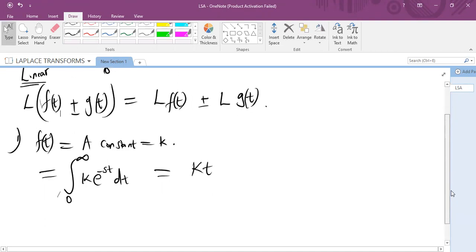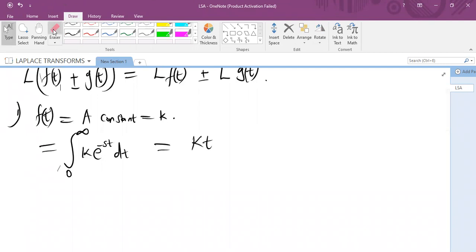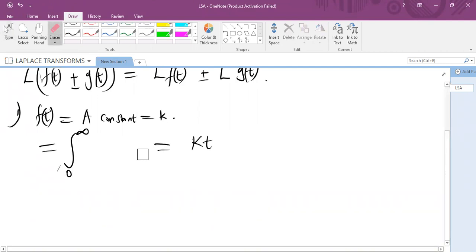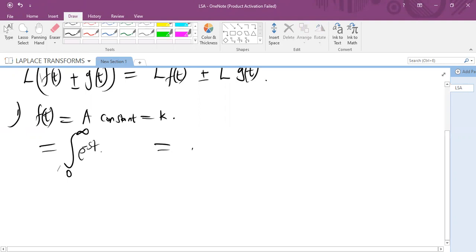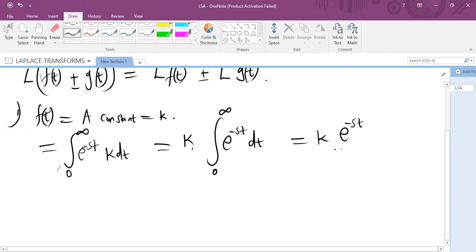So let's start off with a constant. Given a constant k, and you're being told to get the Laplace transform, how do we go about it? It will be the integral from 0 to infinity of exponential negative st k dt. So this is a constant. We can write it outside the integral sign so that we have the integral from 0 to infinity of exponential negative st dt. And this gives k, integrating exponential negative st, we have exponential negative st over negative s,